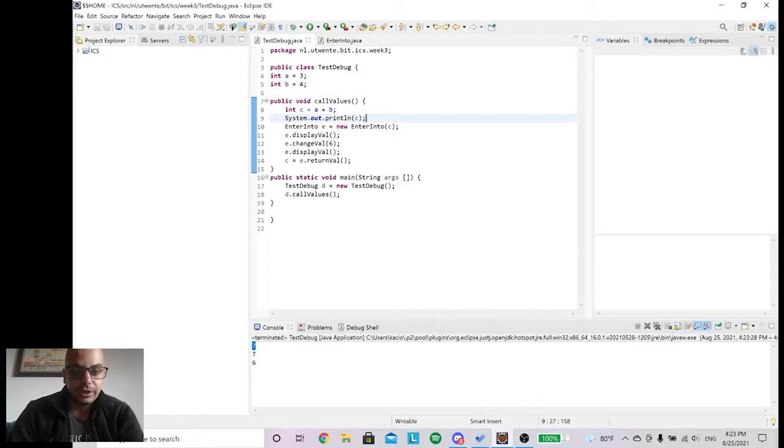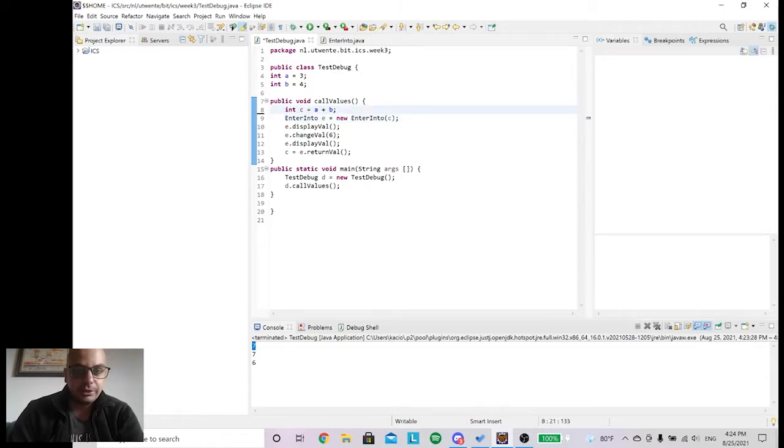But if you have bigger programs like hundreds of lines of code, this is going to be a nightmare to debug, because imagine how many values you are going to have printed on your console. So in that case, the debugging tool in Eclipse comes to help.